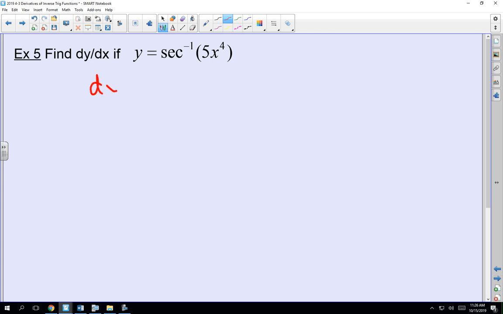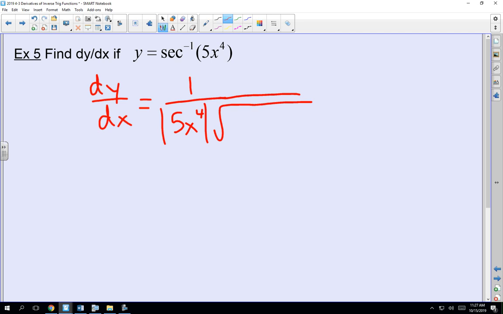So dy dx is equal to, we've got 1 over absolute value of 5x to the 4th, and the square root of this one, it's 5x to the 4th minus 1, and then times the derivative of the inside, which is going to be 20x to the 3rd. Okay, once again, the absolute value comes just from the derivation of the